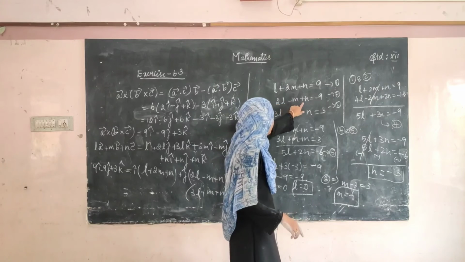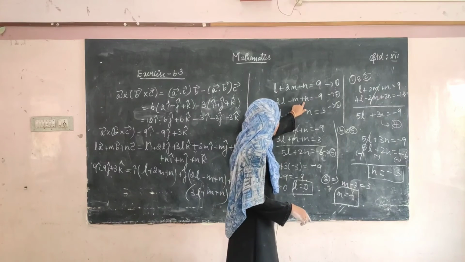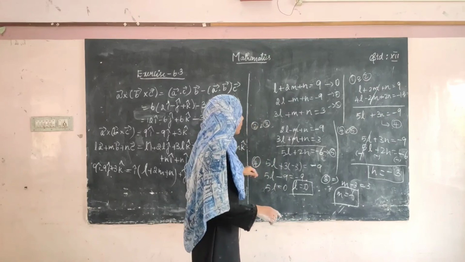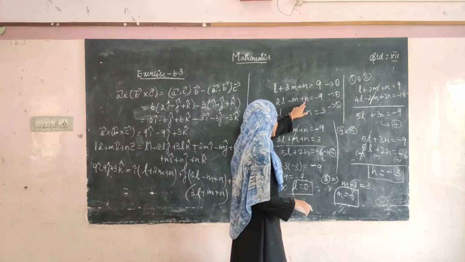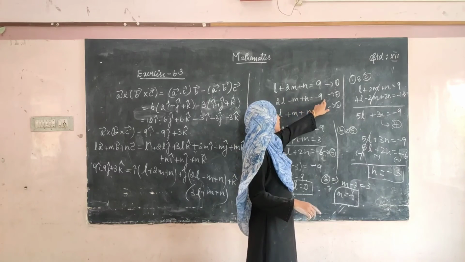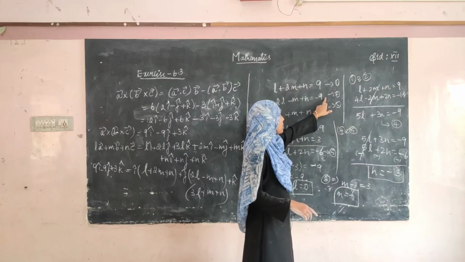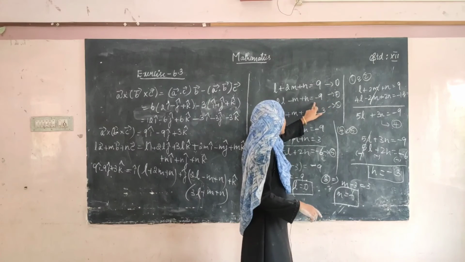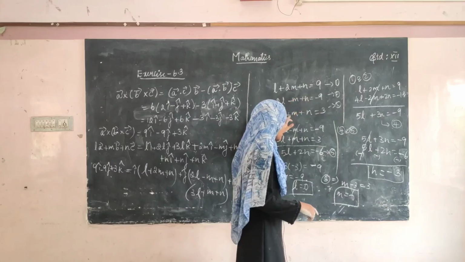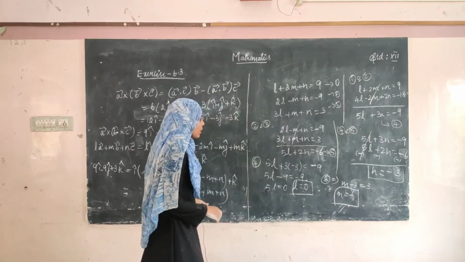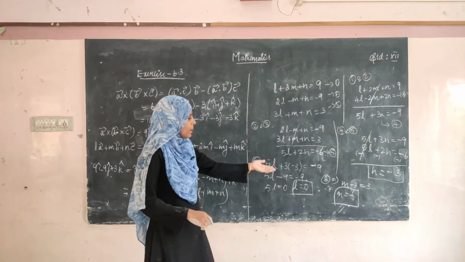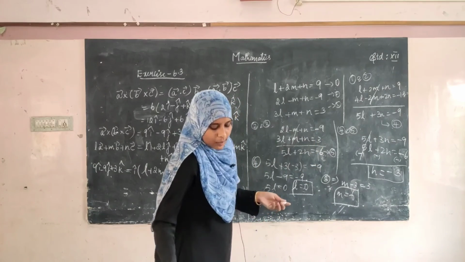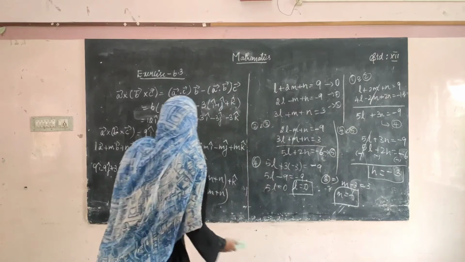Okay, minus m plus n. So what's the value of n? It is minus 3. So bring it that side, so it becomes plus 3. So minus 9 plus 3 is minus 6. So minus m is equal to minus 6. The value of m becomes 6. So the value of L is equal to 0, the value of m is equal to 6 and the value of n is equal to minus 3. Okay, now let us see the 8th sum.